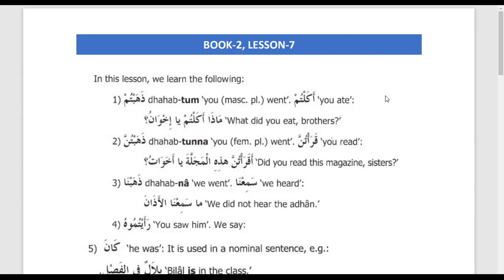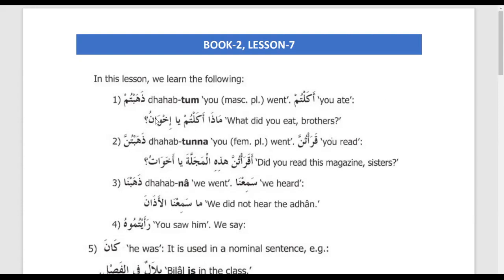So as we can see here in this lesson, the focus is on the pronouns or the verb forms that are used for the second person plural and the first person plural. Yani al-mutakallim, the one who is talking. For example, I am talking, so I'm singular. I will say ana dhahabtu, and if we talk about all of us together, we will say nahnu dhahabna. Even if we remove ana and nahnu, the meaning is still clear. So dhahabtu is translated as I went, and dhahabna is translated as we went. You know about that, right?